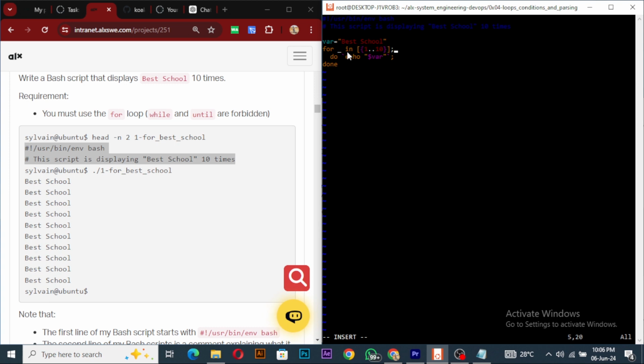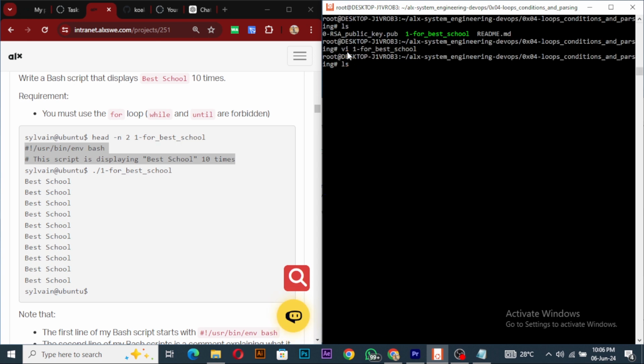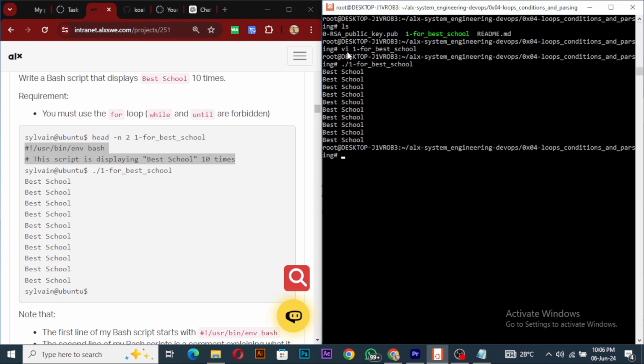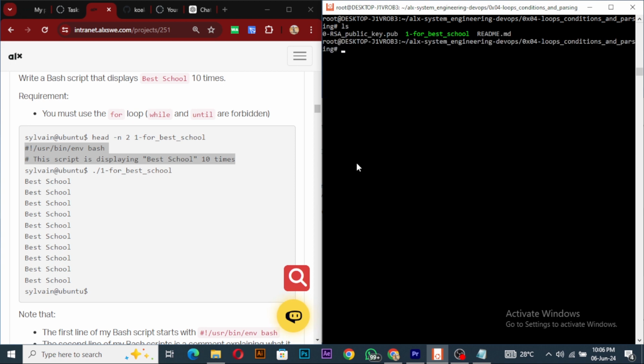So this do, let me remove this echo, this guy over here, and this over here. I'm not sure that's compulsory, and then let me execute the command. So we have best school 1 2 3 4 5 6 7 8 9 10. So this actually worked. So we still have to run shellcheck